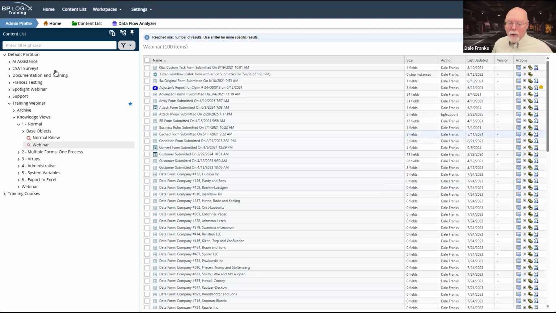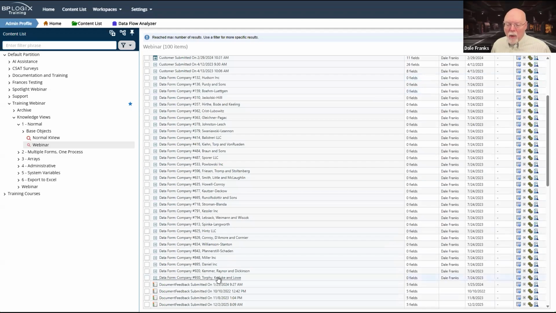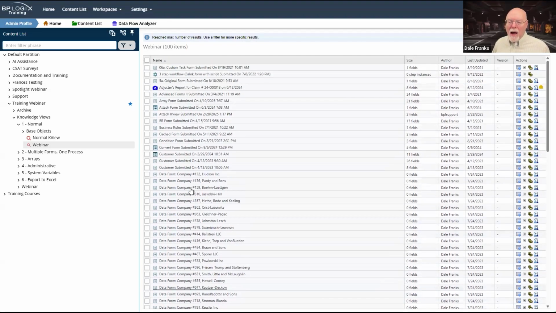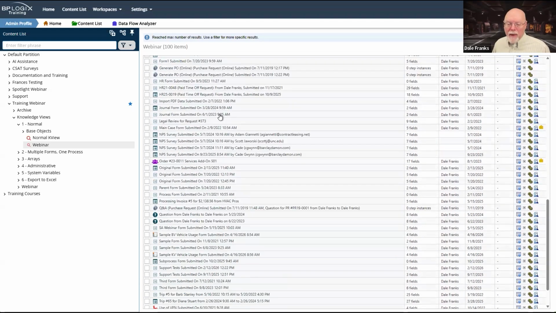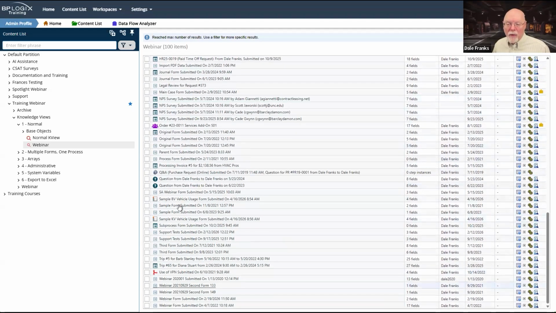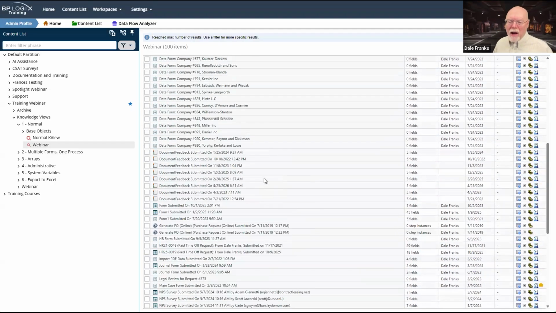So for example, if we look down here at all these forms that are called data form, well, I have 1,000 of these forms. It's not returning all of them. In fact, it's only returning a small subset of them. And I've got all of these other forms and indeed a workflow instance right here. And then I have all of these other forms down here. Is that a form too? Yes, that is a form instance too. So everything is all kind of mixed up here.